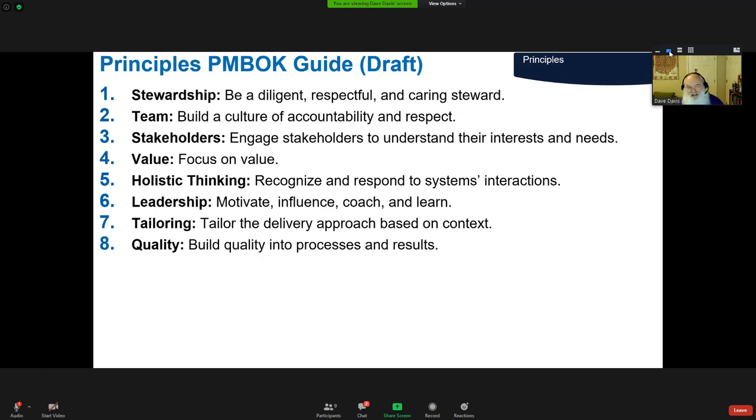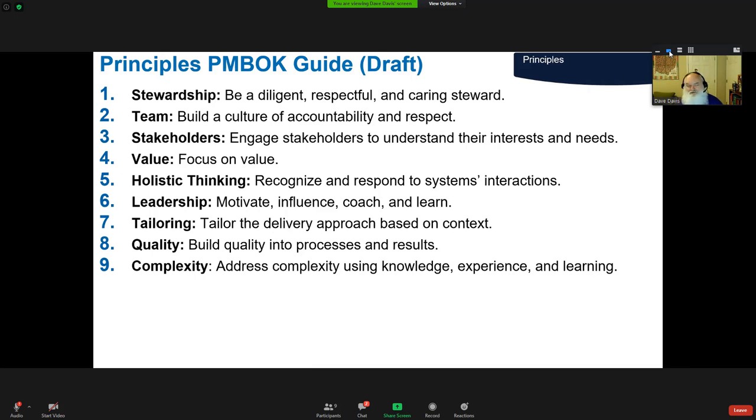Quality, it speaks for itself. Make sure it not only does what it's supposed to, but delights our customers and doesn't have problems. Complexity. I talked about complexity a little bit earlier when I talked about the holistic thinking, but there's also a lot of technical complexity within the individual components of the project itself that we need you to be aware of. And we're still going to be heavily using expert judgment; the term isn't going away. It's a fancy way of saying your X number of years of experience, and not just as a project manager, but your life experience.